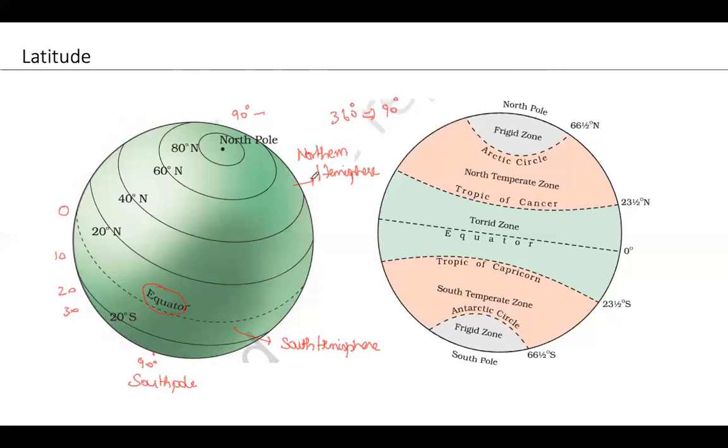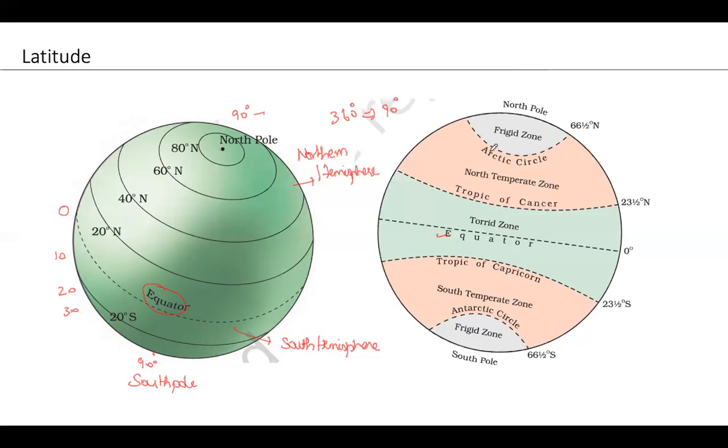Okay, and now based on this latitude we have some more lines. See here, first this one we already read, that is the equator, and then at 23.5 degrees south there is one more line. Here at 23.5 degree north, this is one more line, and then 66.5 degree north and 66.5 degrees south. So at the top in the northern hemisphere we call this the Tropic of Cancer, and in the southern we call it the Tropic of Capricorn, and here we call 66 degree the Antarctic Circle, and here we call it the Arctic Circle.